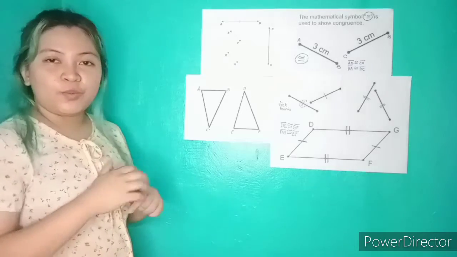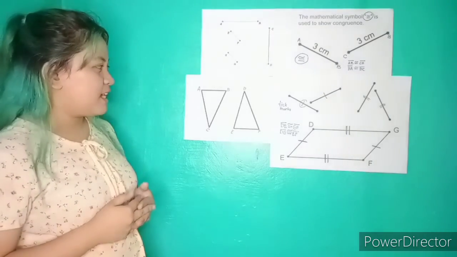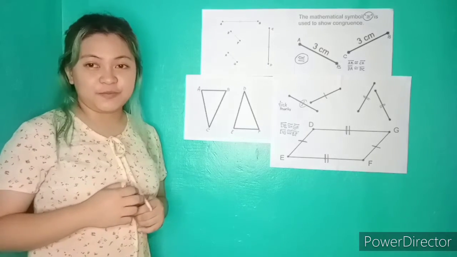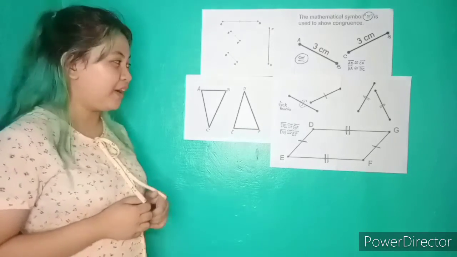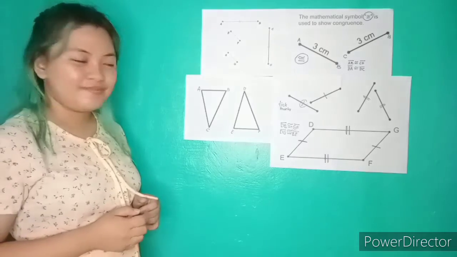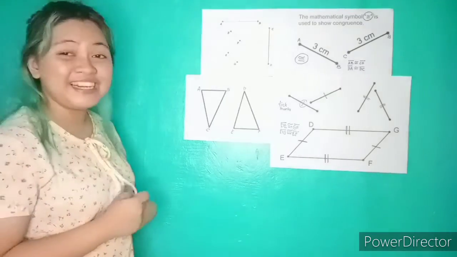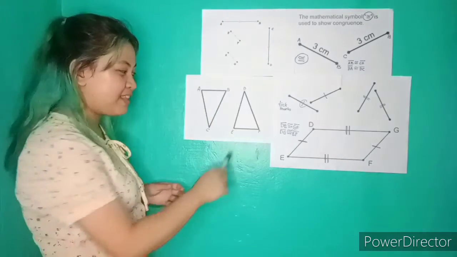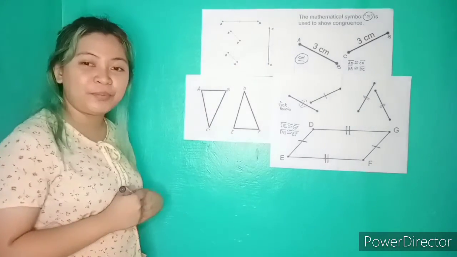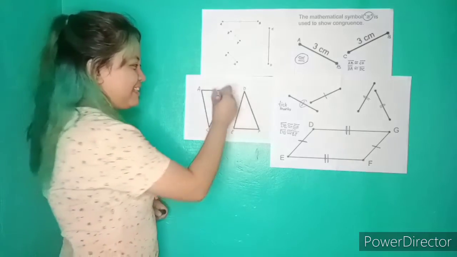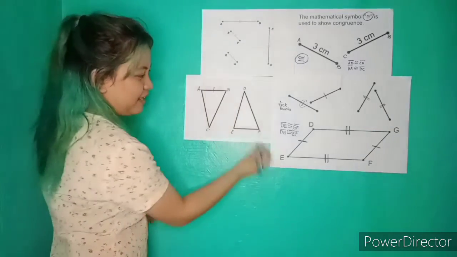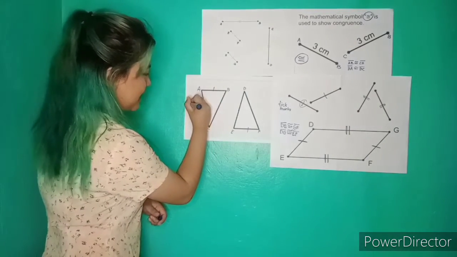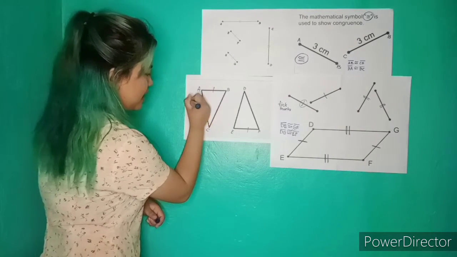So where are the congruent line segments here? Anyone? Yes, we have here line segment AB and line segment EF. So we're going to put one thick line. Okay, we're going to write it as line segment AB